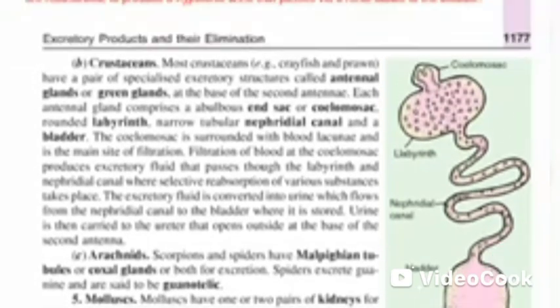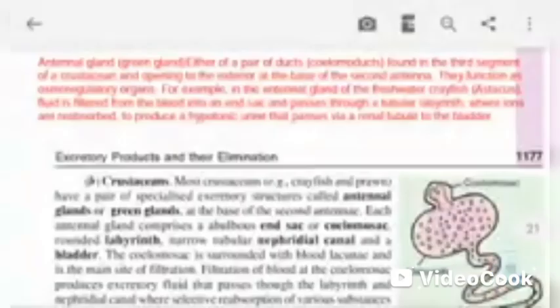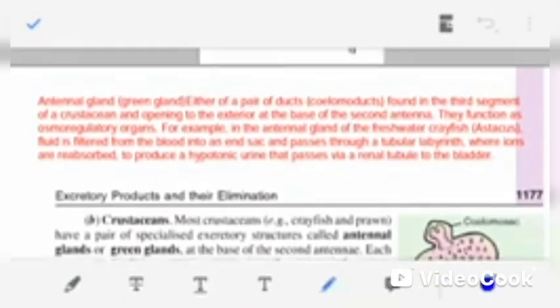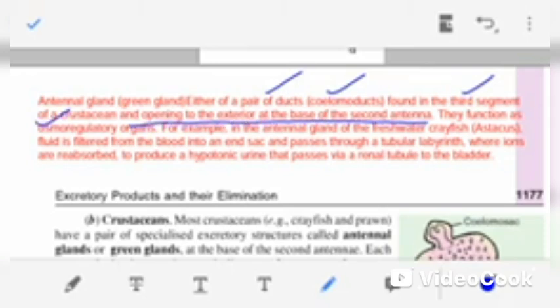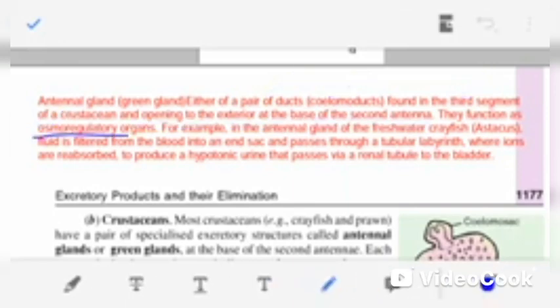Now I would like to show you all the figures, but before that let's read out this information regarding the antennal gland or the green gland. Either of a pair of coelom ducts found in the third segment of crustacea and opening to the exterior at the base of the second antenna. The green gland or antennal gland functions as an osmoregulatory organ. For example, the antennal gland of freshwater crayfish,